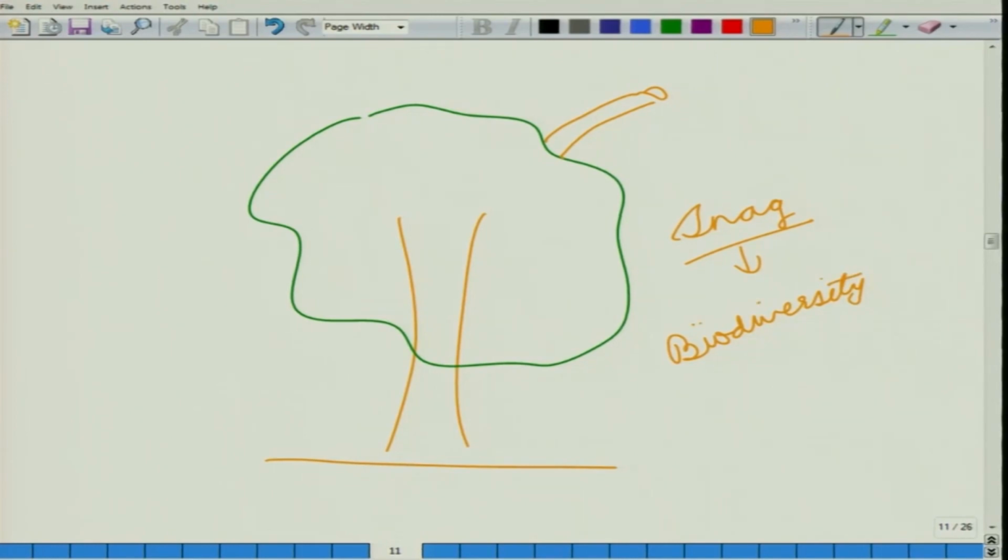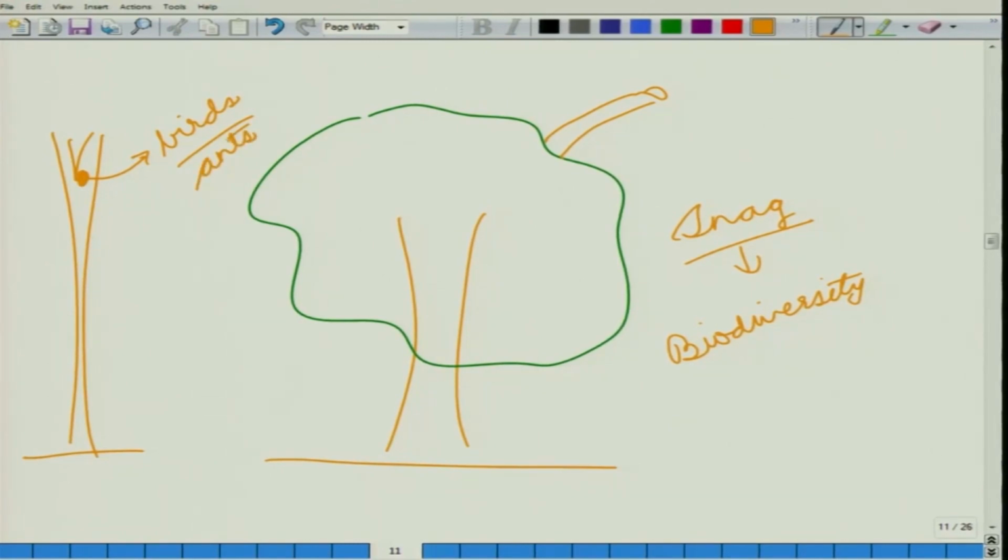So, even if you have a tree that is all dead, it does not have any leaves, but still it might have some holes that might be used for birds, or for instance some ants, or maybe this tree would be a